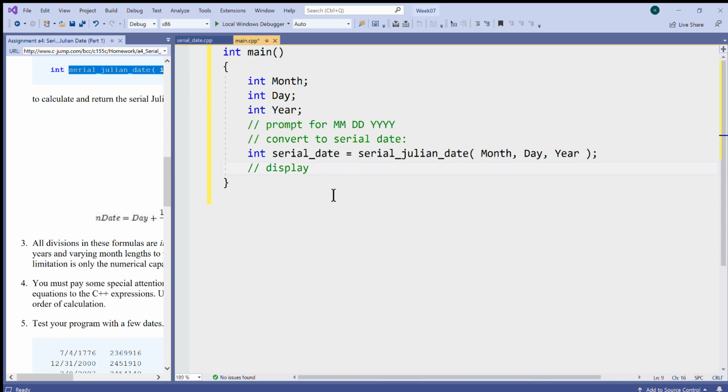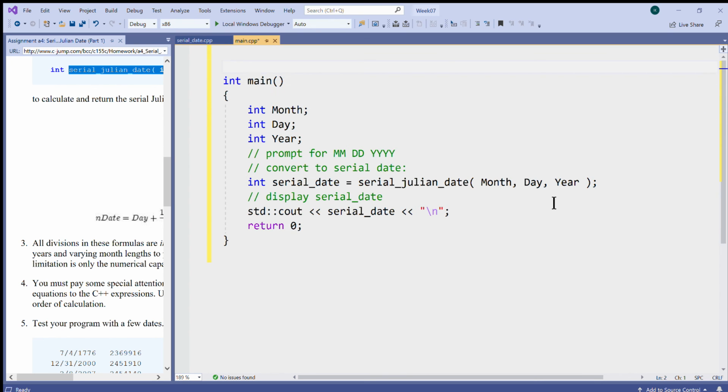Display serial date by, I am assuming, using std cout and somehow showing the serial date with all of the bells and whistles and comments and so forth. Right? To complete this segment, of course, let's just say return 0 over here, but of course, definitely we must include our serial